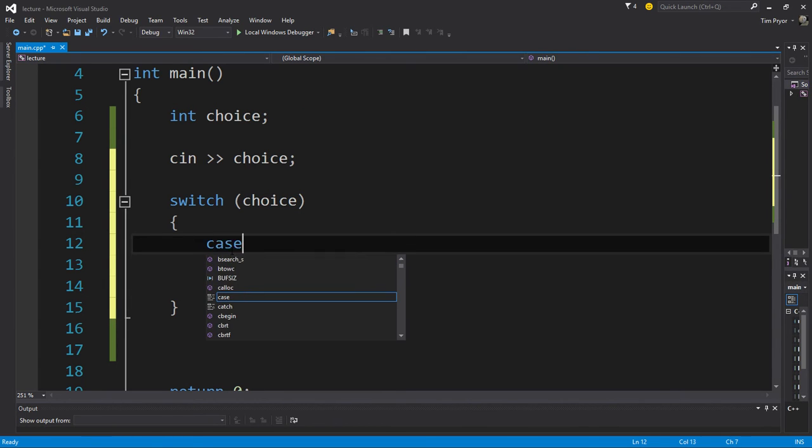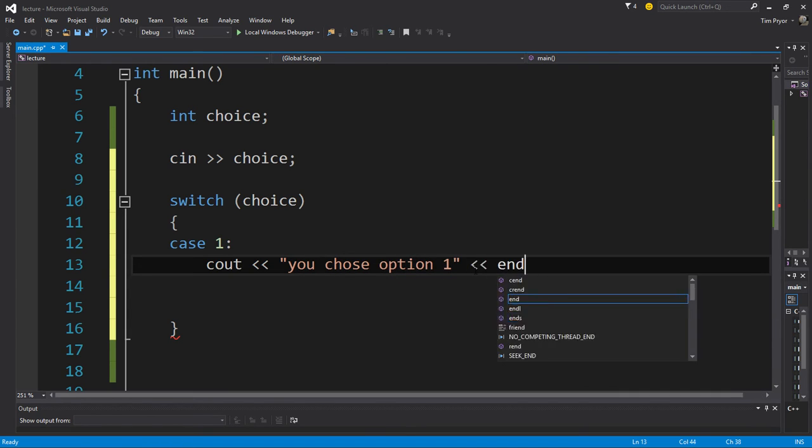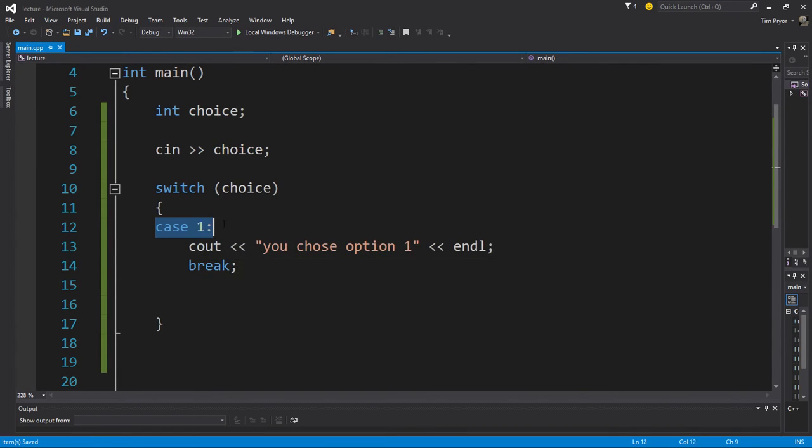So let's have our first case. We'll use the keyword case. Okay, and then I'm going to say that if I enter in 1, then colon. Okay, and if I enter in 1, what should I do? Let's say you chose option 1. Okay, and then I'm going to go ahead and type the break keyword after this because I want it to break out of this case